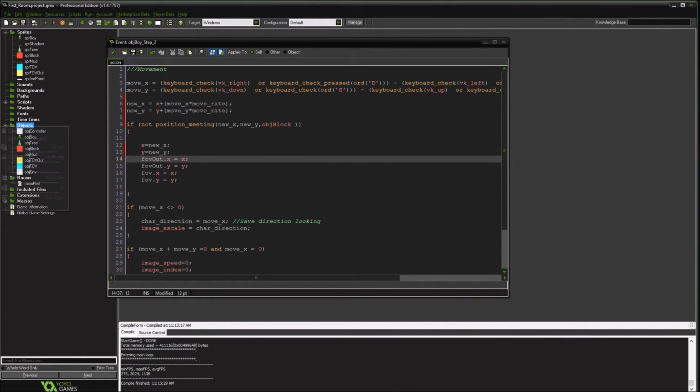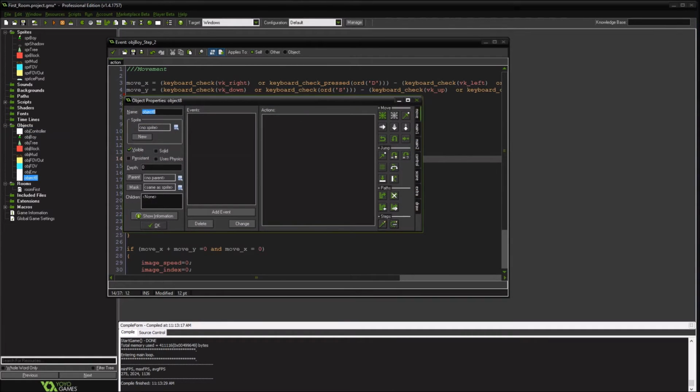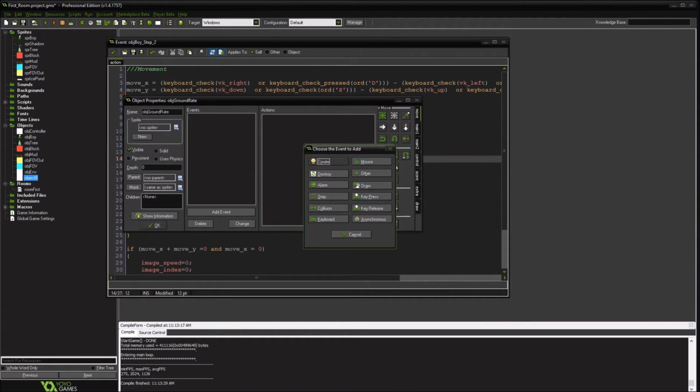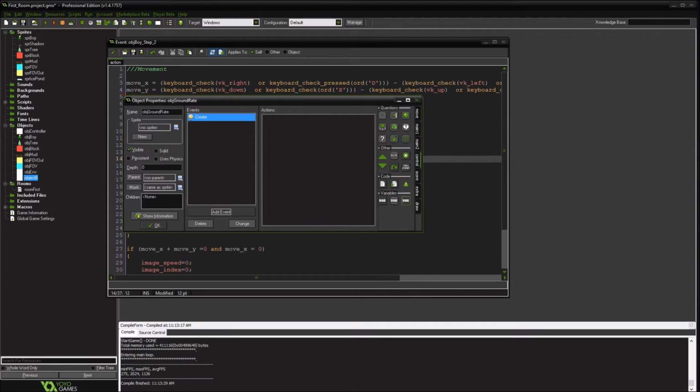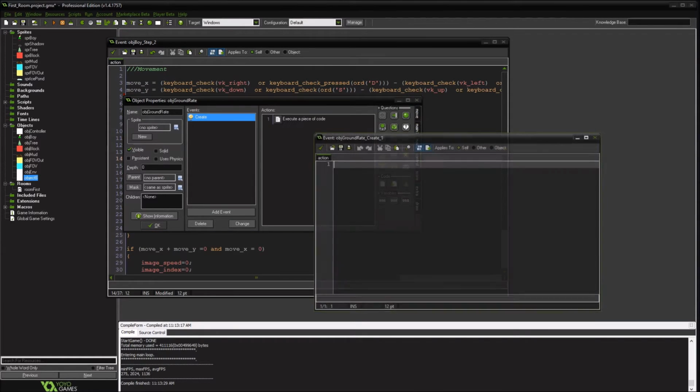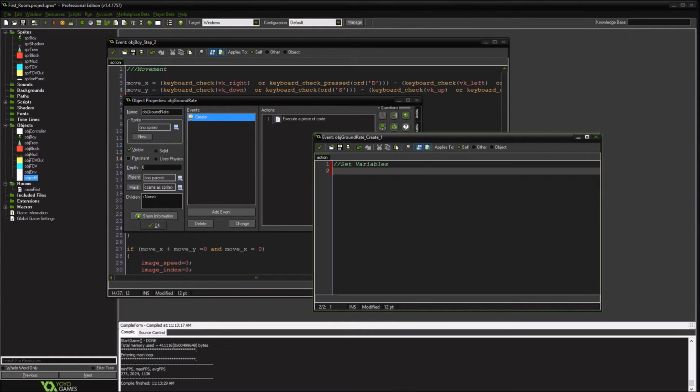So we're going to create a new parent object. And this one's going to be, we're going to call it ground rate. And we're going to have a create event with a little bit of actions, set variables, and we'll actually say what we're going to set the move rate,